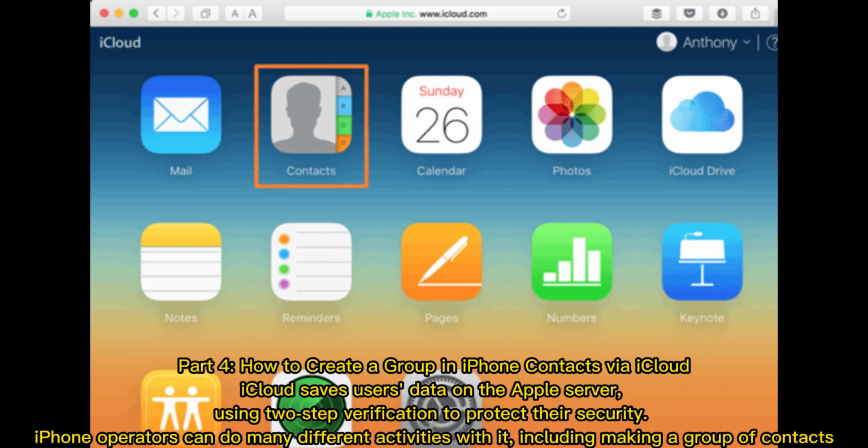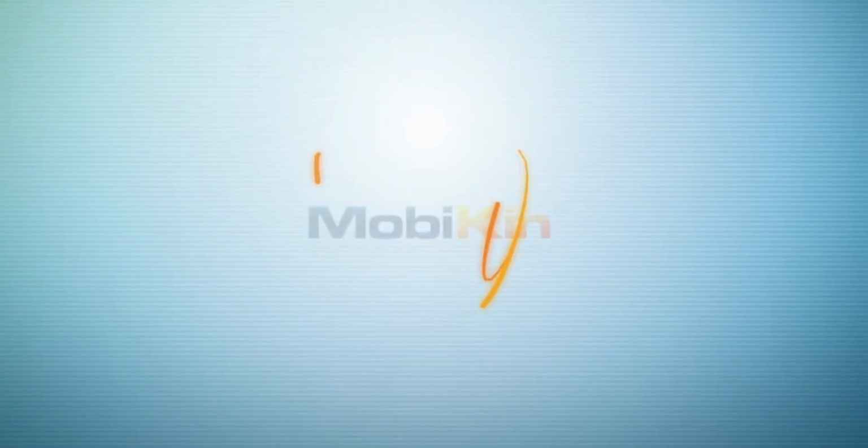Part 4. How to create a group in iPhone contacts via iCloud. iCloud saves users' data on the Apple server, using two-step verification to protect their security. iPhone operators can do many different activities with it, including making a group of contacts,